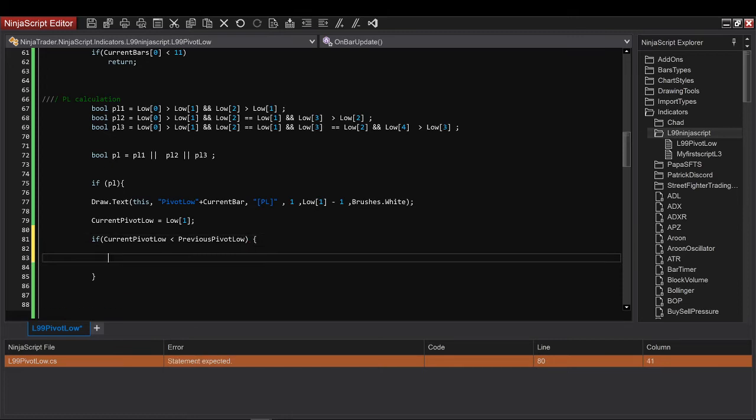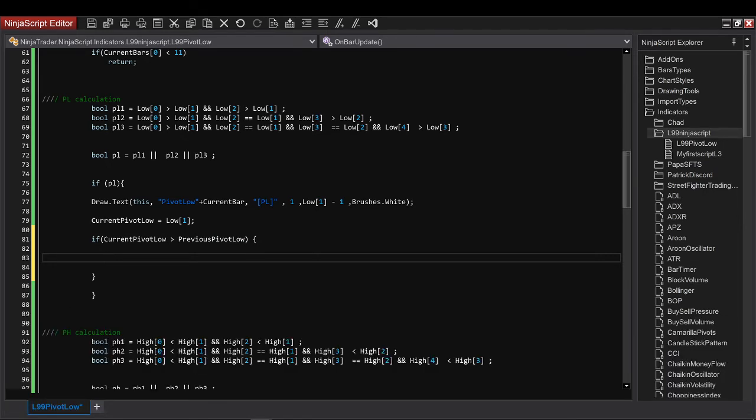If my current one is higher than my previous, what is it? It's a higher low. Are we clear with this? If the current low is higher than the previous pivot low, it's a higher low. So I'm going to put HL and write higher low over here. But then I need to initialize my previous.